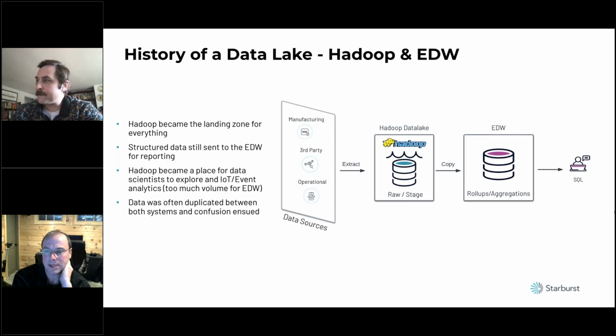Then they'd try to do some structured reporting in Hadoop, and that just wasn't working out very well. Hive was introduced, a SQL layer on top of MapReduce. But it wasn't ANSI SQL, and all those tools had to be modified. People just wanted to write SQL against their data. So it turned into more of a data science type environment where you had all the raw data shoved into Hadoop,